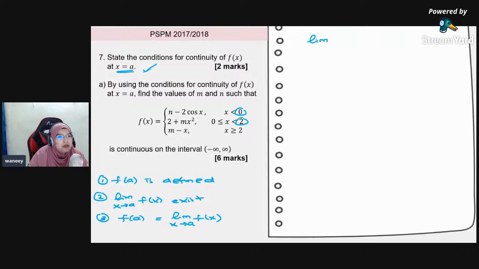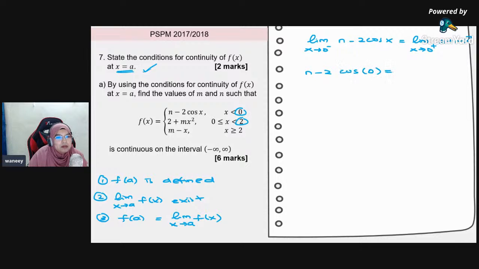So the limit of x approaches 0 on the left hand side, the value is n minus 2 cos of x. This is equal to the limit of x approaches 0 on the right hand side. The function is 2 plus mx square. And then kita akan ganti x dengan kosong. So kita akan dapat n tolak 2 cos kosong